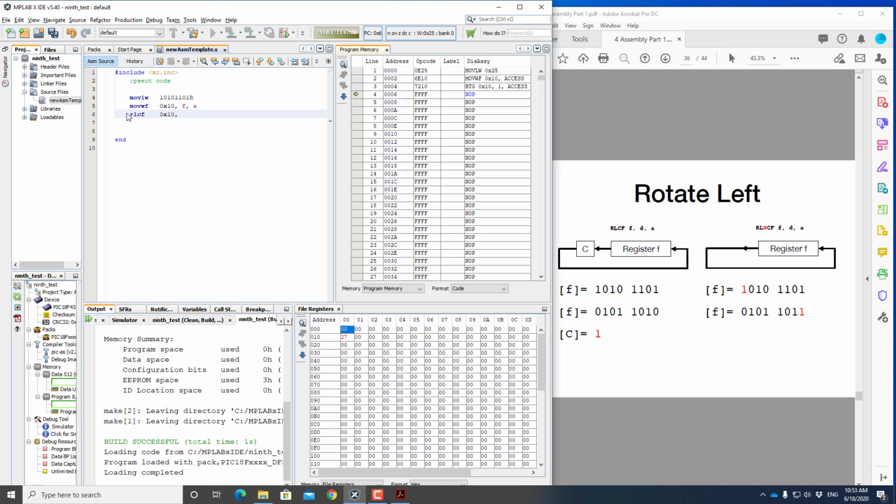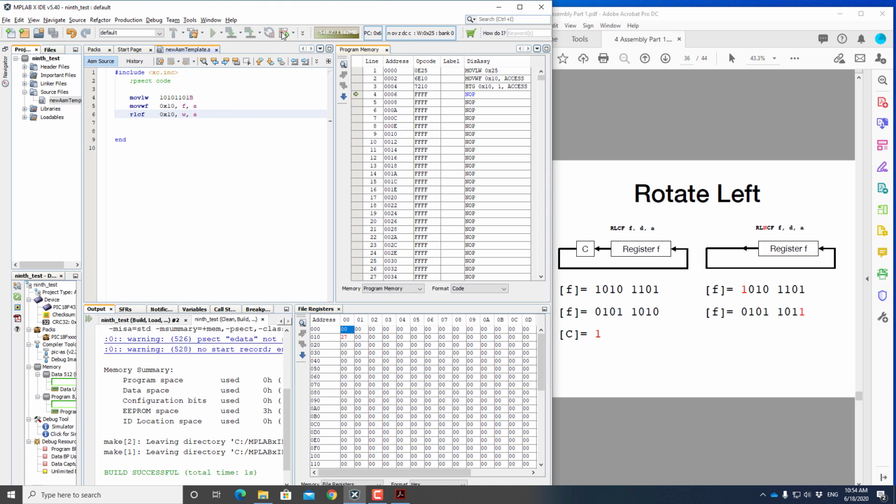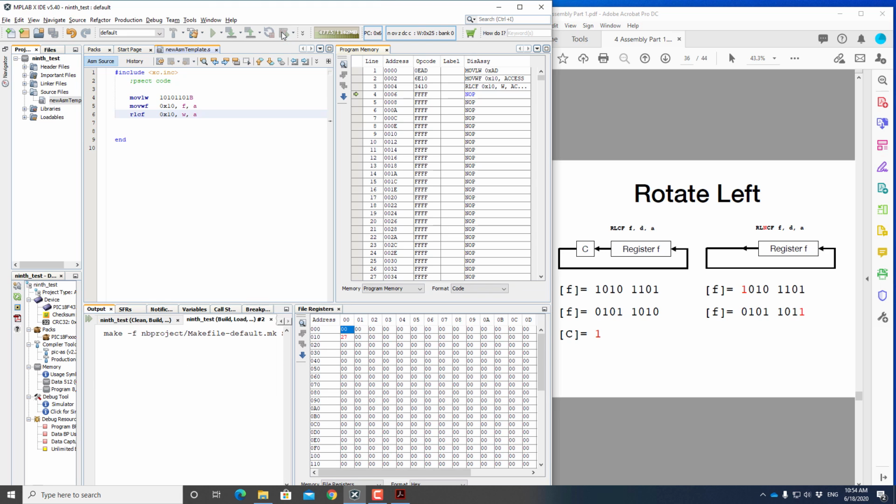Okay, and I'm going to say, well, my destination has to be the working register. That's where I want it to be, and that's A, because I want to preserve that value to do something else with it if I wanted to. Okay, so the answer, which is 0101 1010, I said here that it's in location F, but that means I set the destination for the answer to be F, but for now it's just going to be the W, and you're going to see that the carry is going to be set to 1. So if I carry this one here, or I debug it, okay, so we're going to do this in here, do the debug,